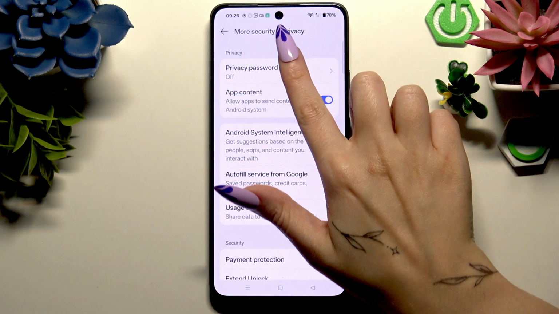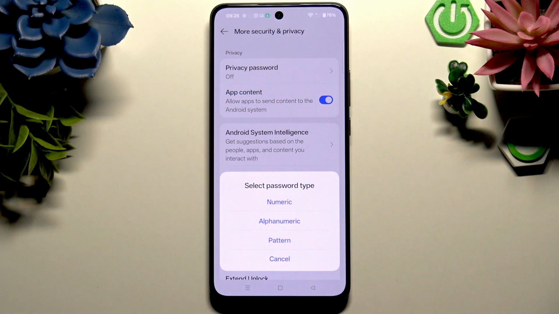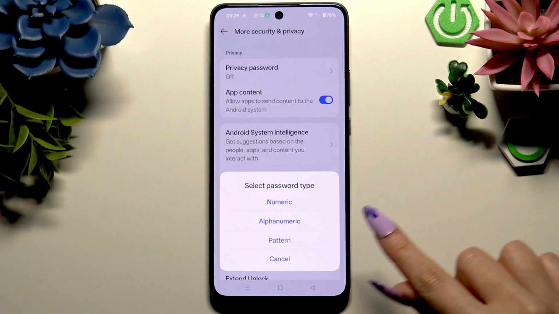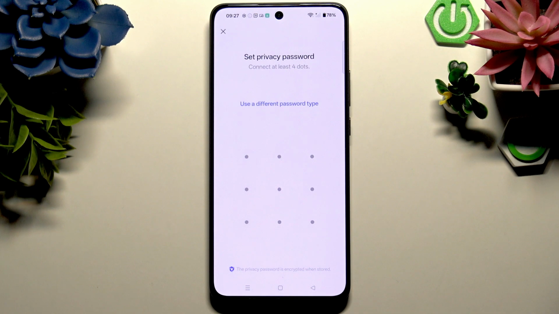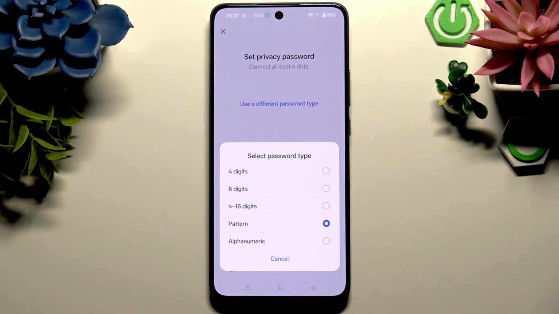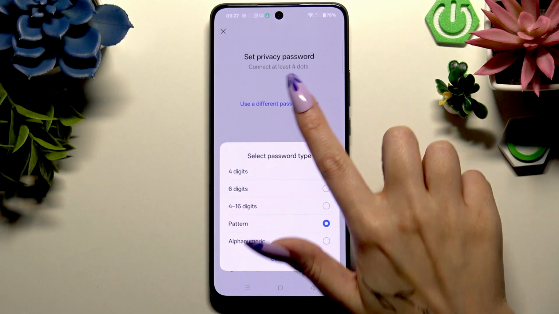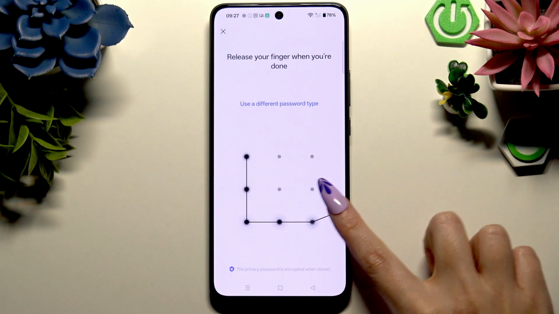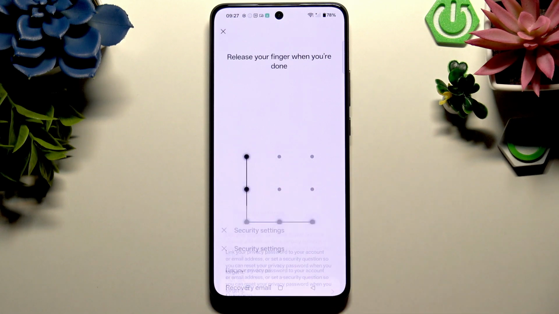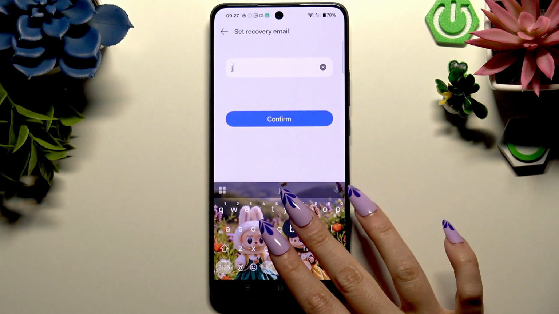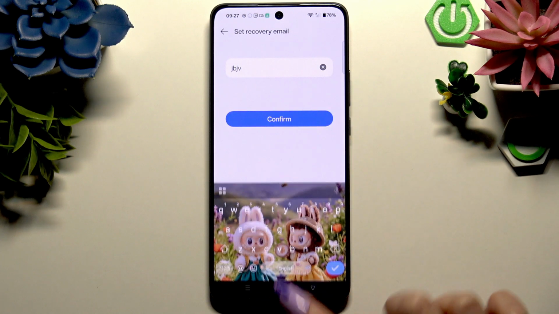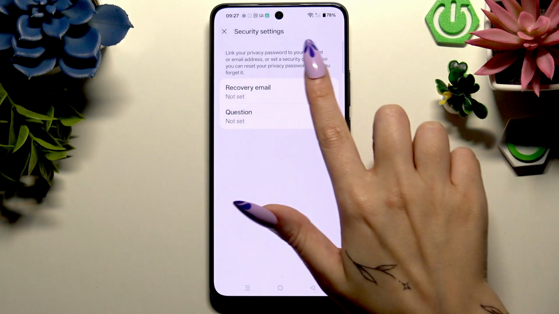Simply tap on Privacy Password, pick one of those password types, numeric, alphanumeric, or pattern. If you change your mind, tap on Use a different password type and pick one of those. Then create it, repeat it, set up recovery email in case you forgot it and choose Confirm, and answer security